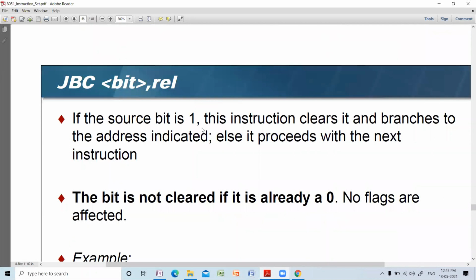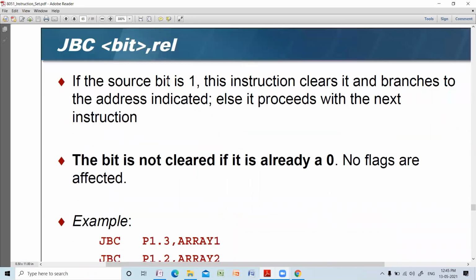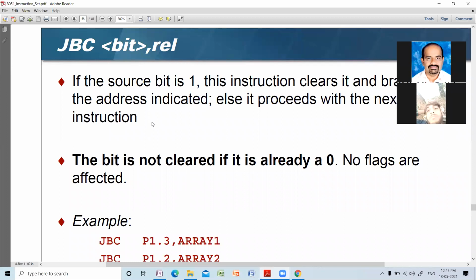So the next one more instruction is JBC. JBC: if the source bit is 1, this instruction clears it and branches to the address indicated. Else it proceeds to the next instruction. What is the meaning? That C stands for clear, not for carry. Don't confuse. In JBC, this particular C stands for clear.